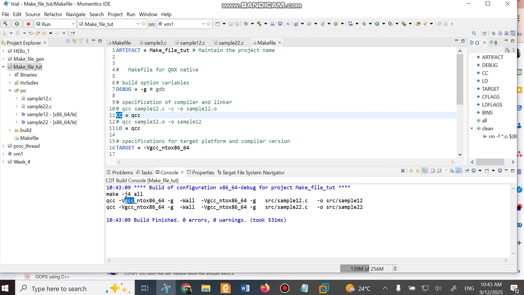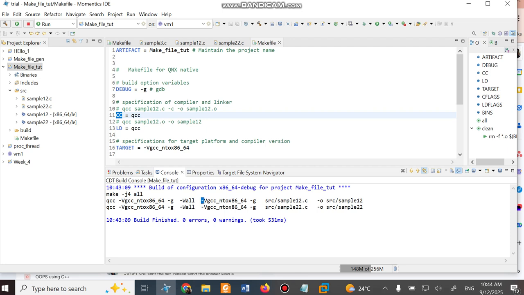Because this IDE is running under Windows, but you are generating the code for the QNX operating system. Next comes -g. -g is a debugging flag, which means you can debug this program. Next comes -Wall which displays all the warnings present inside your code. So this is the first level which creates the object file.